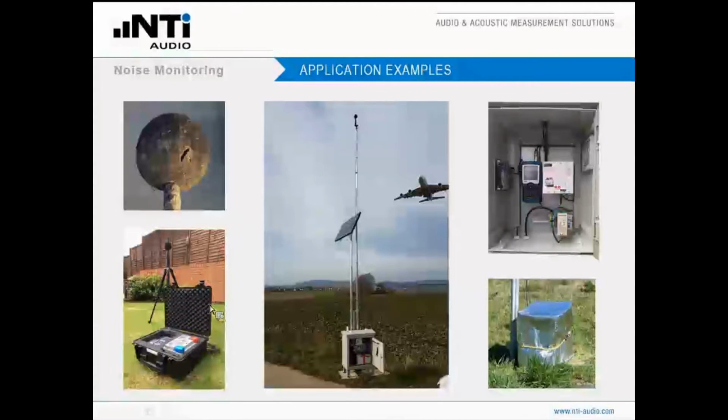Here we have a heavy-duty case with a lead battery inside to either buffer or just to provide the required power for your noise monitor. Here we have a cabinet which is standing a little bit lifted, so not directly on the ground. This would be an example of the inside of such a cabinet. On here we have this aluminum cover that helps us to prevent excessive heat inside the cabinet.